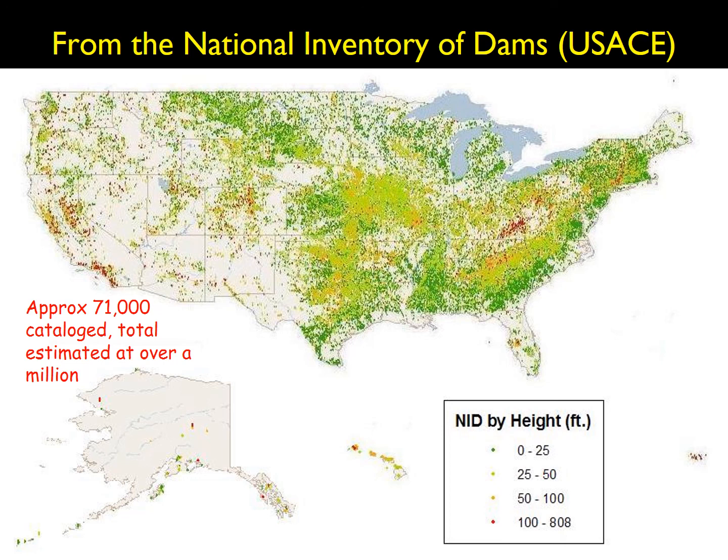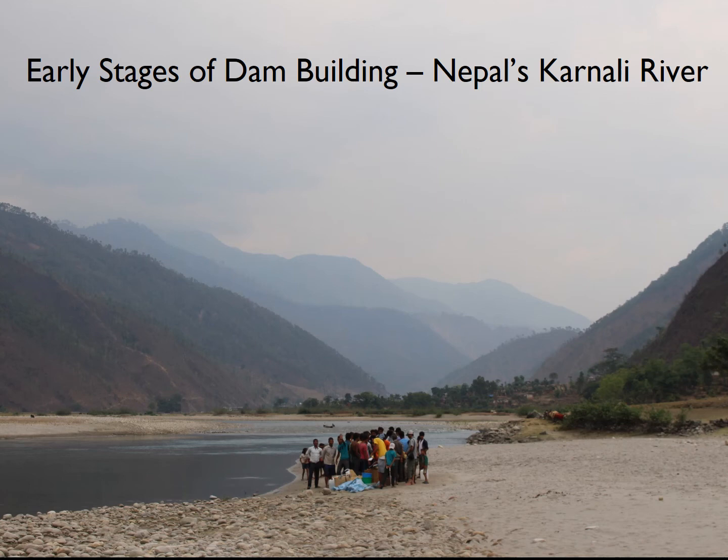But the other interesting thing when you look at this is that color coding of the dam height there on the lower right. And so you look at all the green there. Those are relatively small dams, 0 to 25 feet. You see those larger red ones, the Tennessee Valley Authority dams there, up to the north of us, out west, right? More dams. But the majority of them are these small dams.